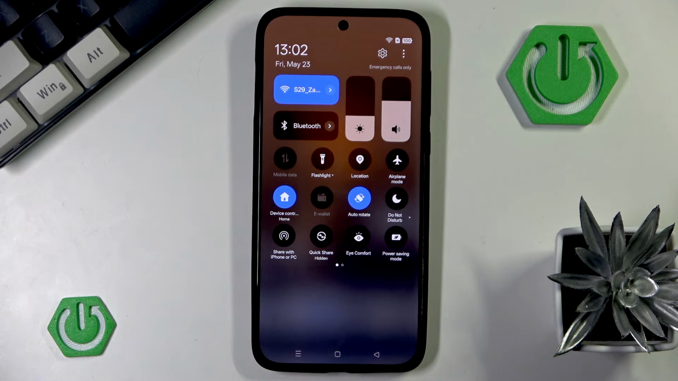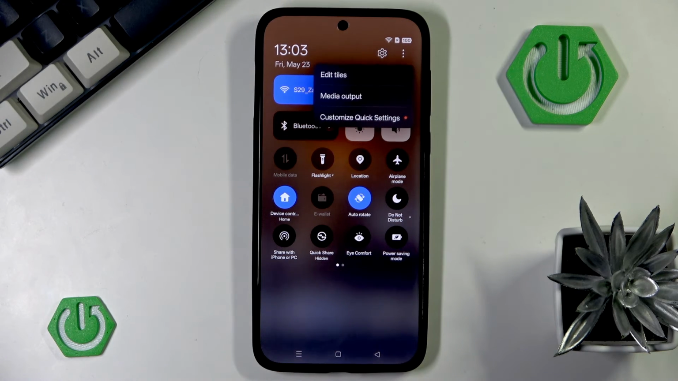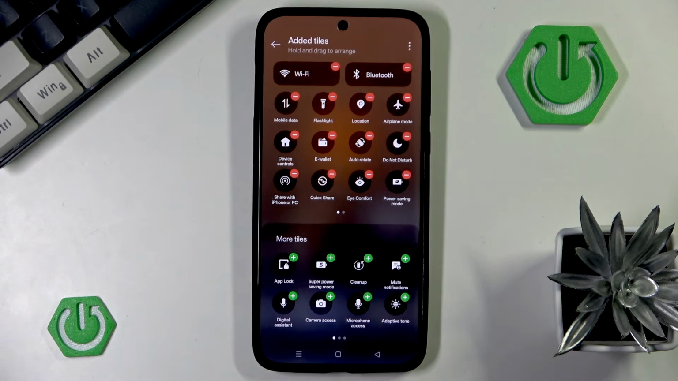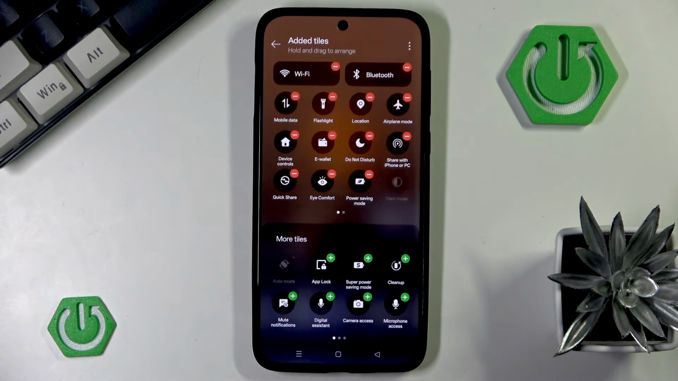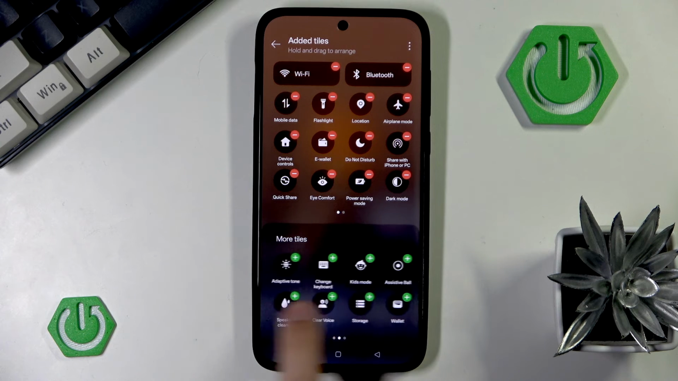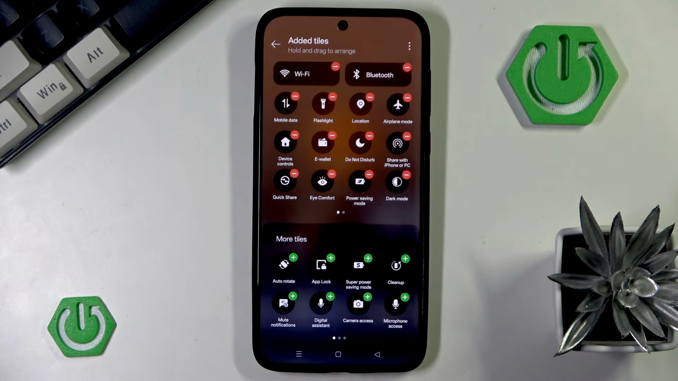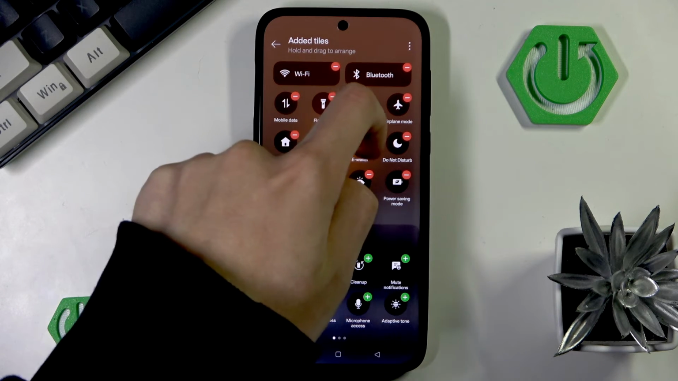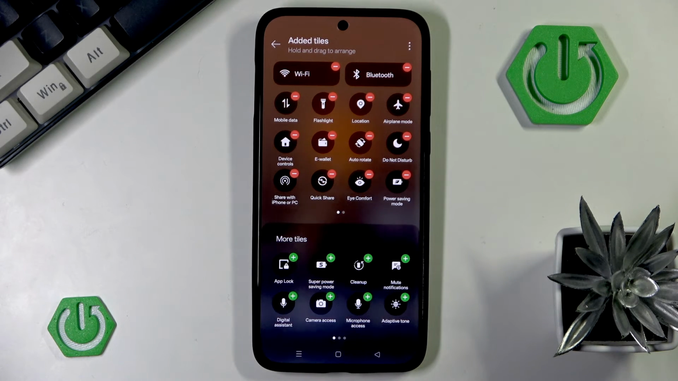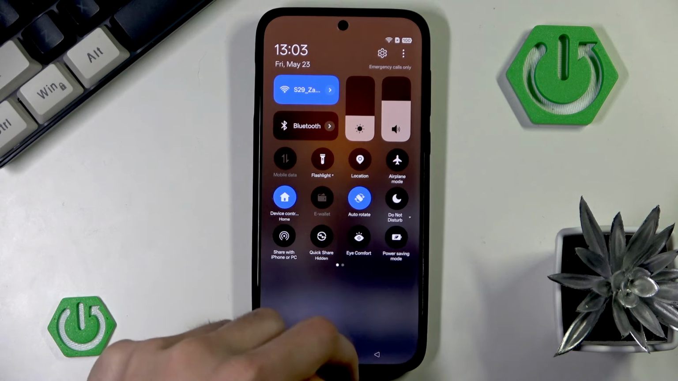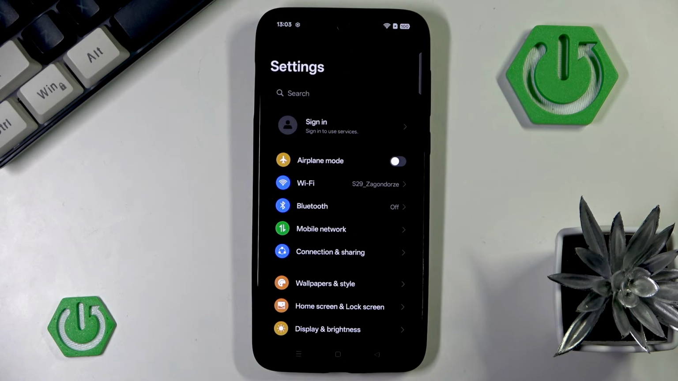However, you may not see this tile. If you don't, you can always go to three dots in the top right corner, go to Edit Tiles, and I will now remove it. And you want to basically find Auto Rotate option here and then press plus icon. And now you can always just move it around in order to, for example, move it to somewhere you have easier access to. And if you still cannot find this, we can always go back, enter our settings, enter display